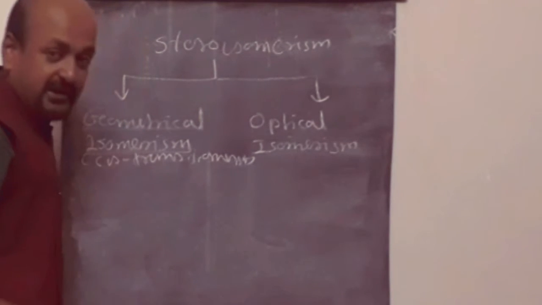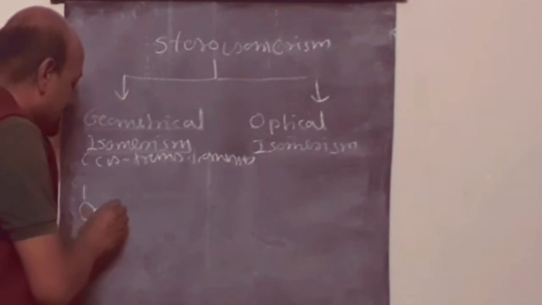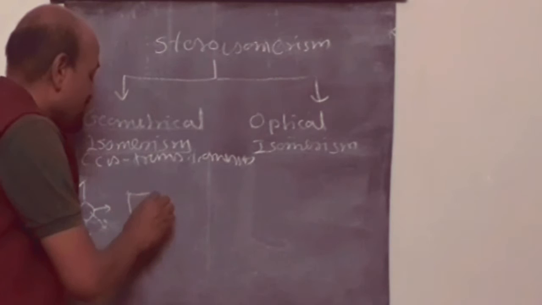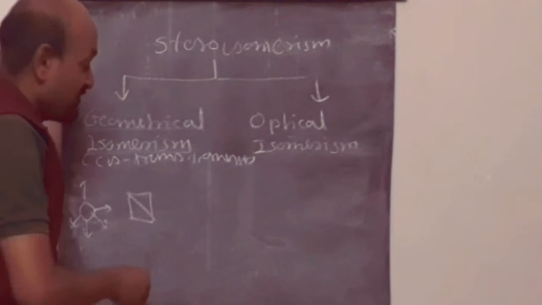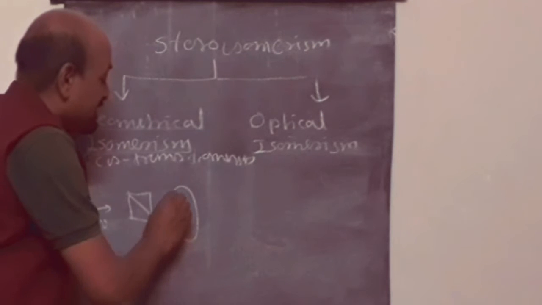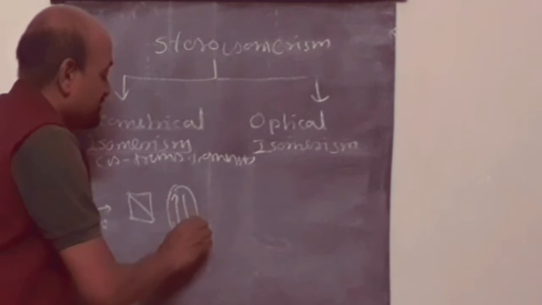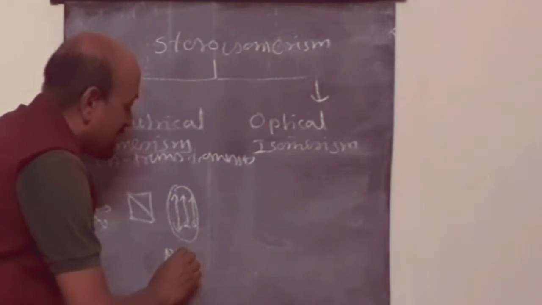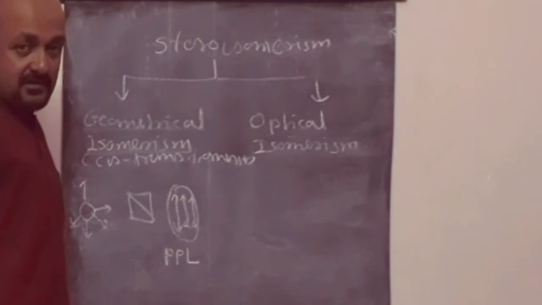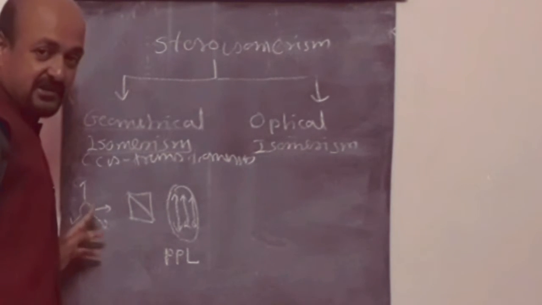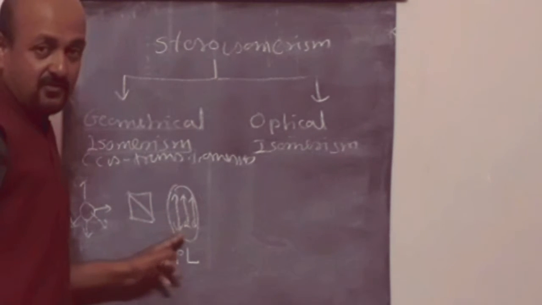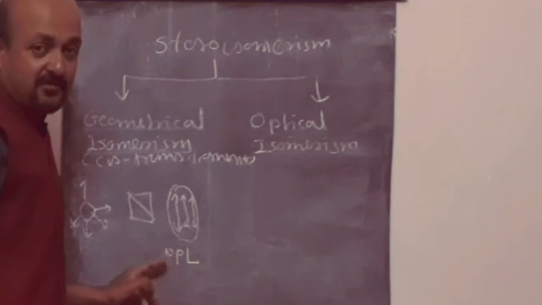As you know, in ordinary light, vibration of the light occurs in all directions. Whenever this light passes through a Nicol prism, we get light whose vibration takes place in a single direction, and this light is known as plane polarized light. Ordinary light vibrates in all directions; passing through a Nicol prism, a light is obtained whose vibration takes place in a single direction. That light is known as plane polarized light.